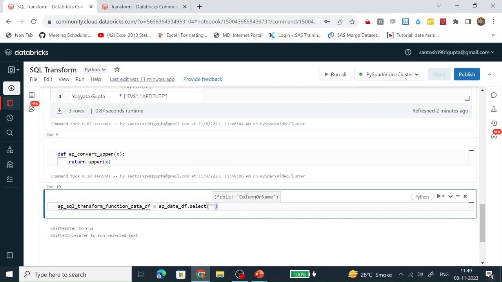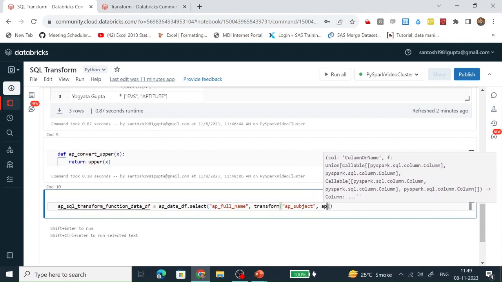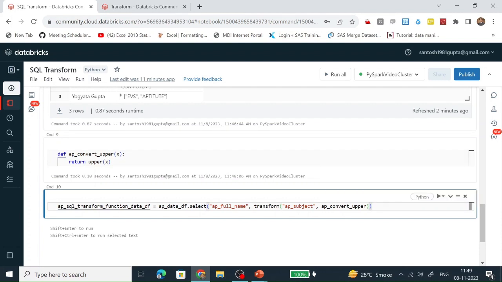First select the ap full name, and then call this transform function. On which column are we doing the transformation? We are doing it on the subjects column, which is of array type, calling this ap convert upper function, and making an alias. Let's put the same alias ap. Let's run it.